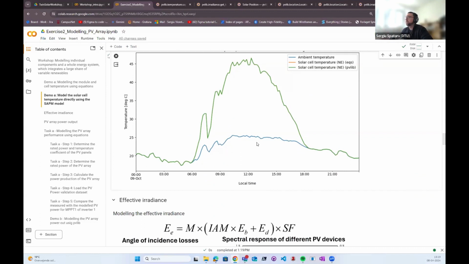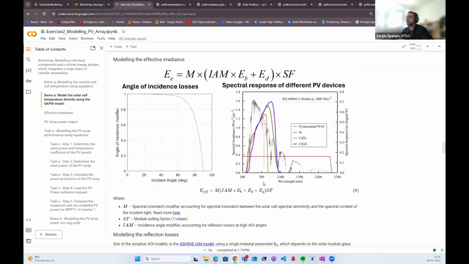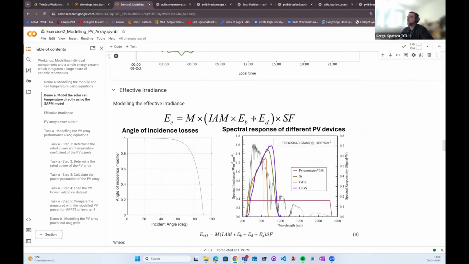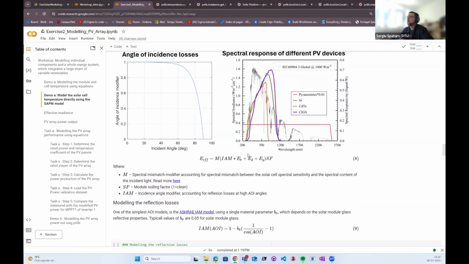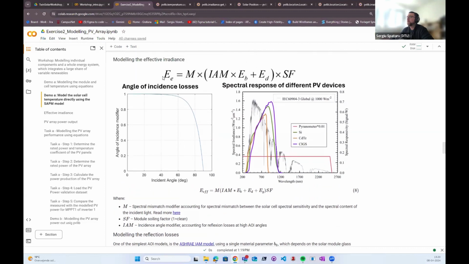So we have one of the model inputs down. We have the cell temperature. Let's see about this effective irradiance. So the three major losses that can happen between the plane of array and the effective irradiance, the first is soiling. So we need to account for any kind of soiling losses by multiplying with the derating factor SF if there is soiling. Now, in the case of the island system, there's not a lot